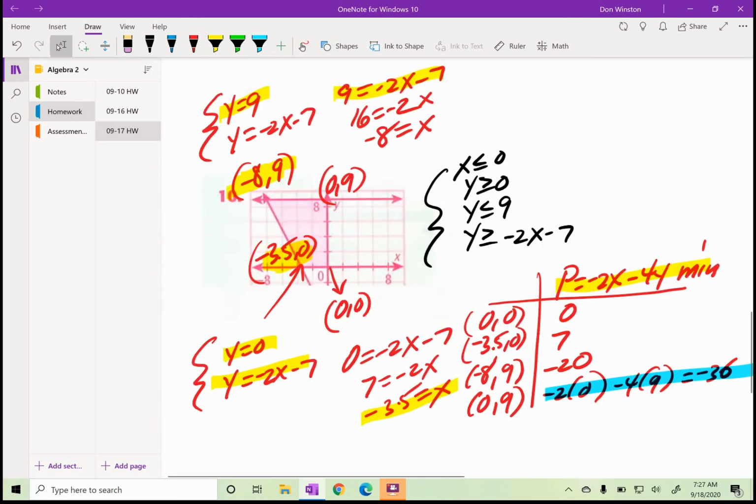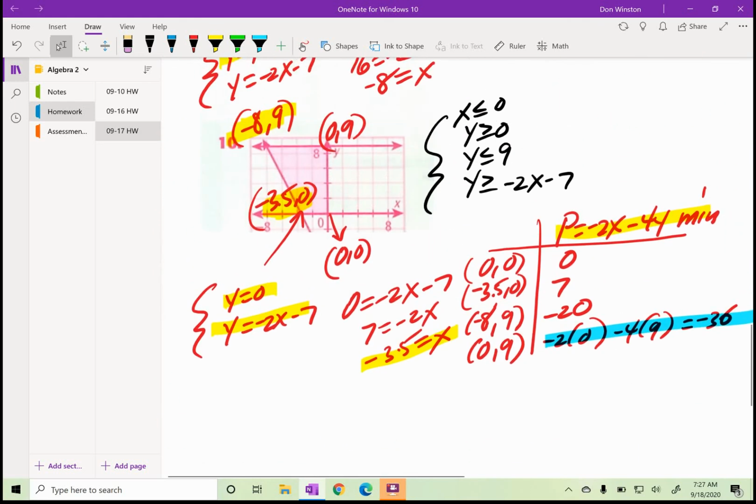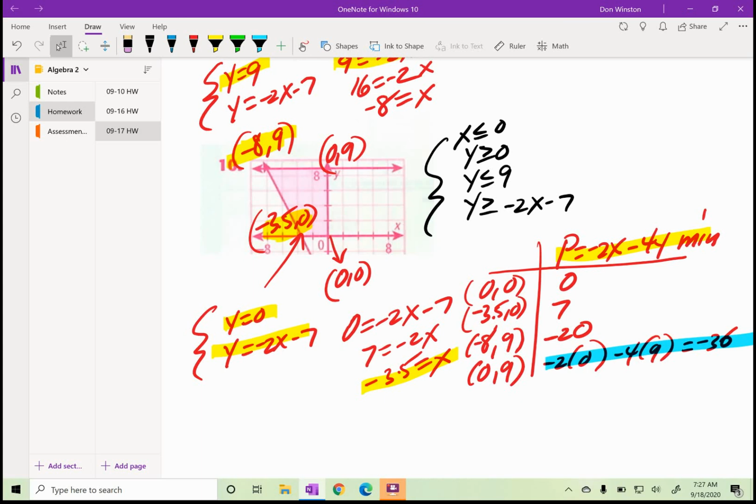So you will have problems like this on your tests. Unfortunately, you won't be in class. At least, again, this is a problem with the A and B schedule. So A students will not have been in class to ask questions on it because they test Monday. But B students, they test Tuesdays, but they'll have an opportunity to ask questions on that Monday. All right, although there won't be a WebEx, a class WebEx, although again, B students can ask questions